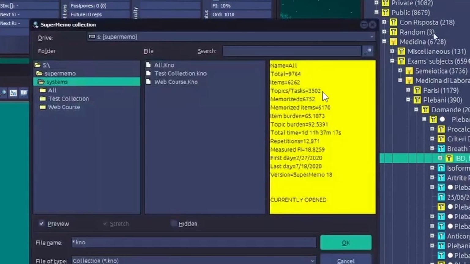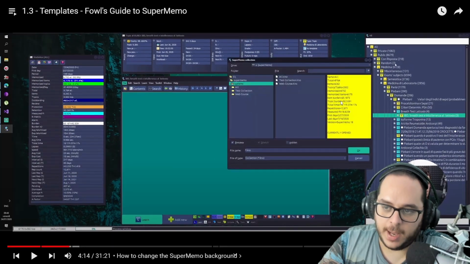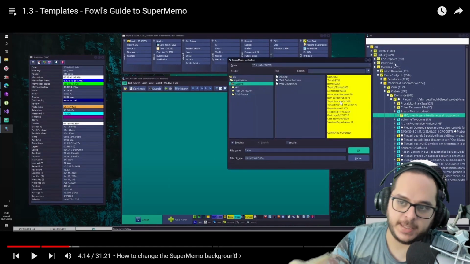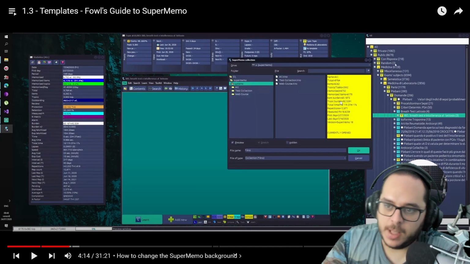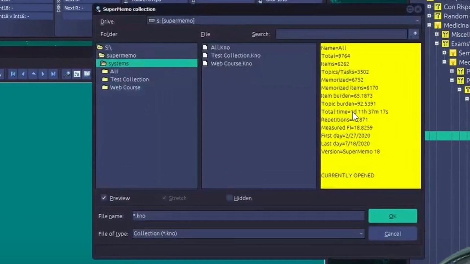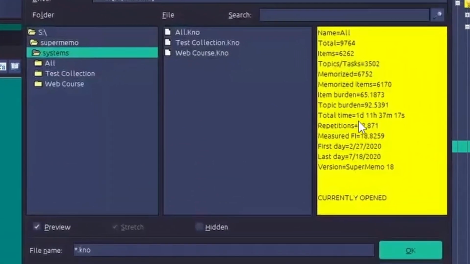3,502. Then, out of the total, how many are memorized, so are in the learning process. Out of those, how many are items, okay? Item burden, topic burden, we won't cover that now, but it's just the time investment you will require every day. Total time, this is only for recall time. He spent 1 day and 11 hours,